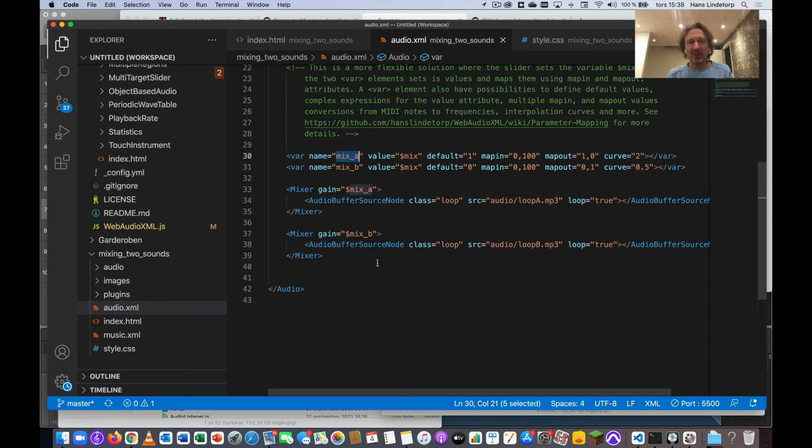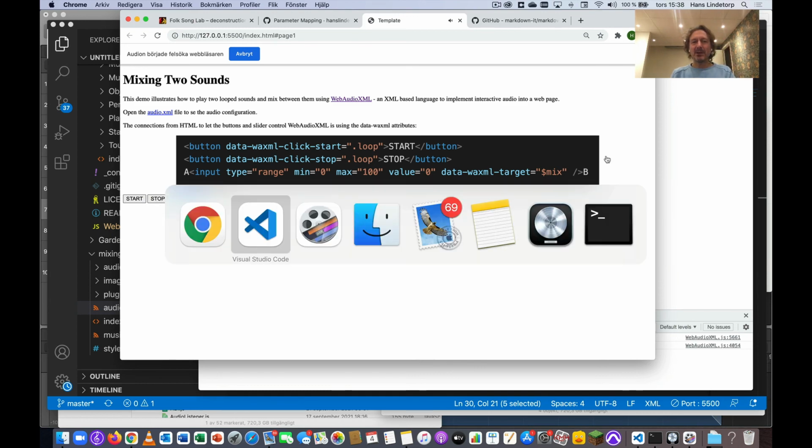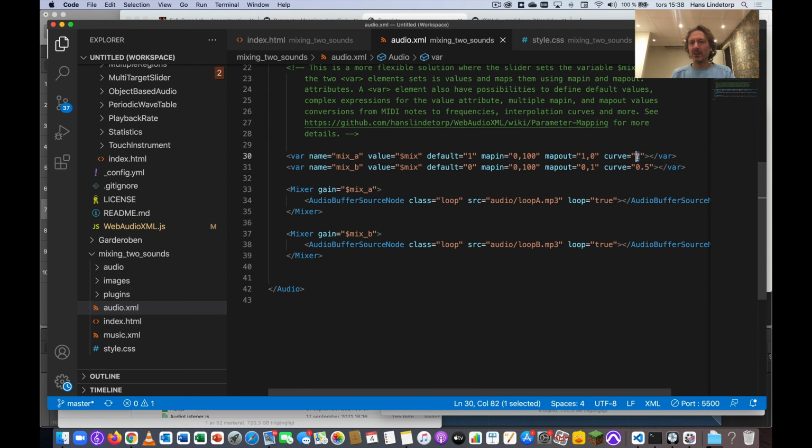So now save it and go back to the demo, reload, and start and listen. And you might have been able to hear that the drums are coming more quickly than they did before. And if we do the opposite, so if we